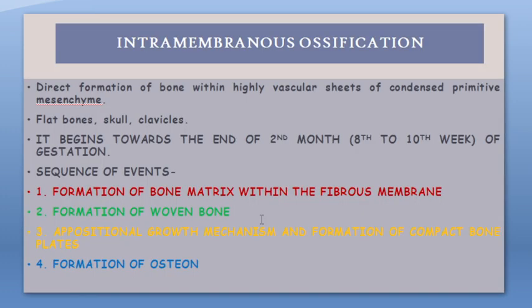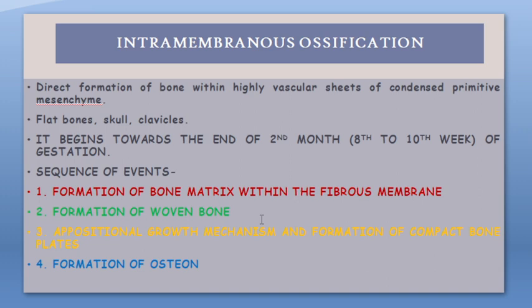The intramembranous ossification is the direct formation of bone within the highly vascular sheets of condensed primitive mesenchyme. Flat bone, skull, and clavicles are few examples of bone formation through intramembranous process. It begins towards the end of second month, that is 8th to 10th week of intrauterine life, and the sequence